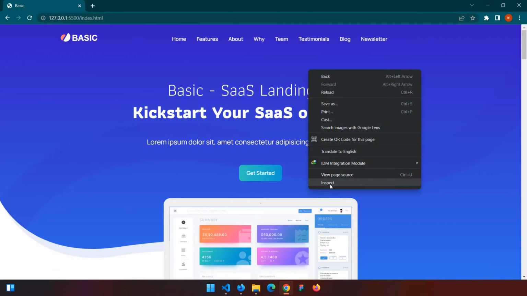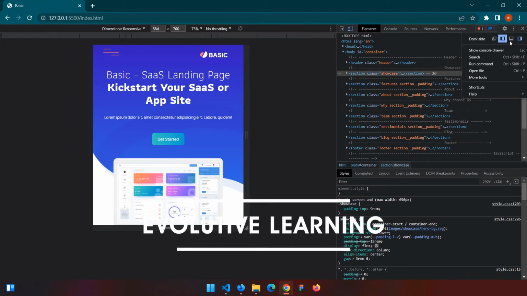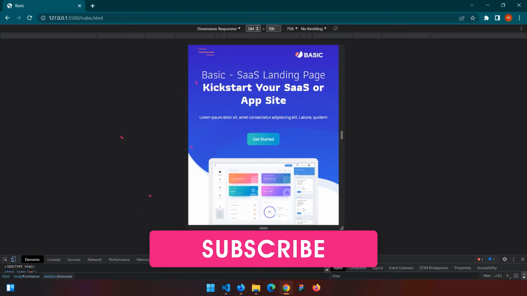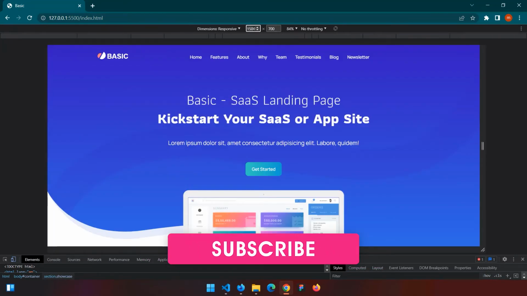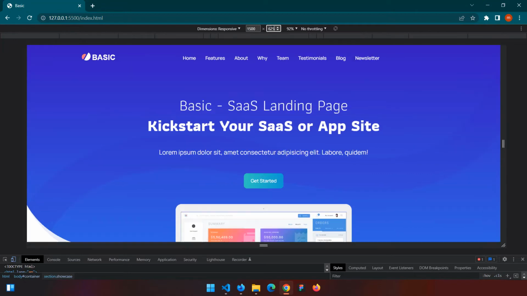So I'm going to go inspect, and from inspect, I'm just going to put this on the bottom and I'm going to say 1500. So this is how our website is going to look when it is on Chrome. It is not going to be any different than when it is on Firefox. The only thing is that this pointer that you can see right here, this faded dark circle, this actually simulates